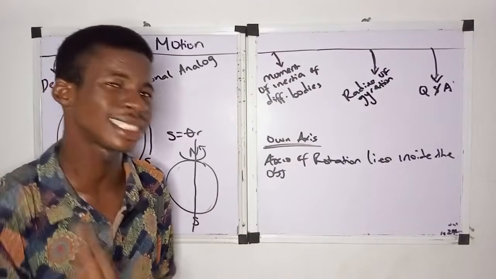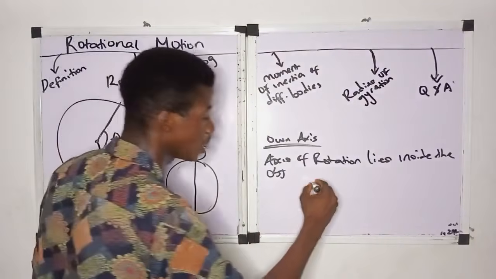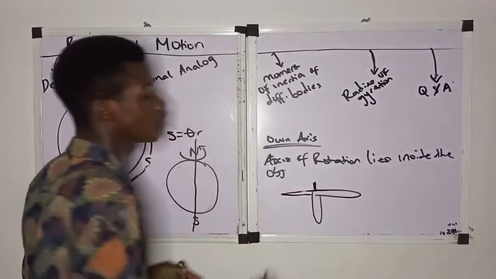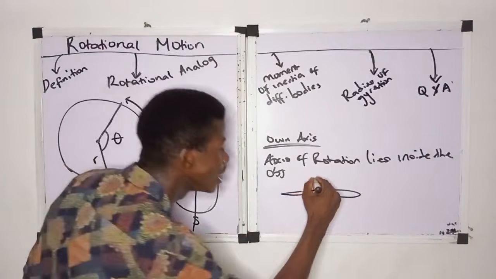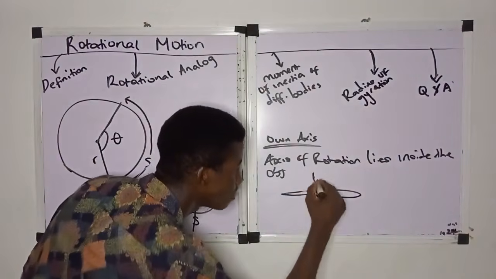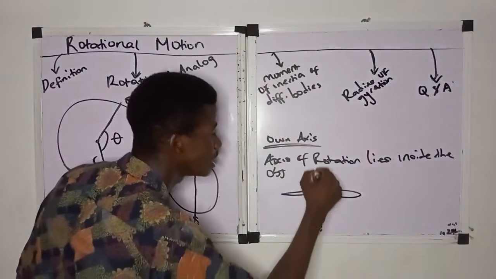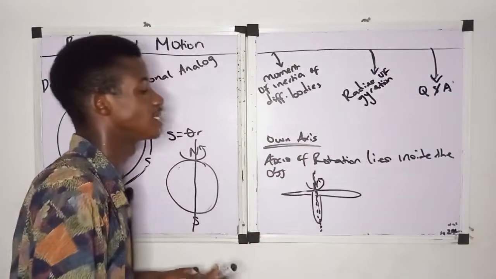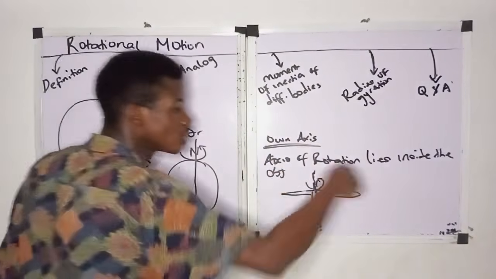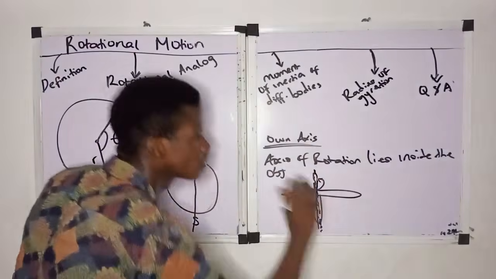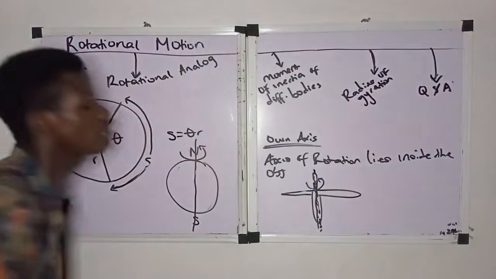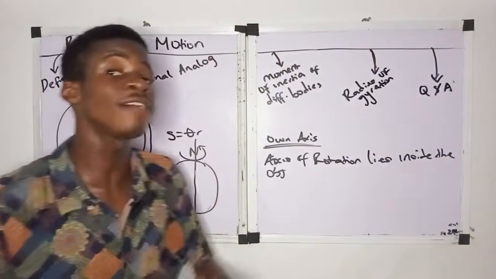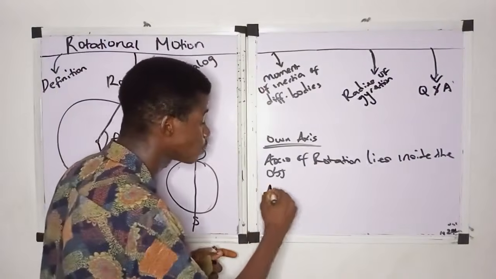Another example is a ceiling fan. Let's say this is 3 blades of a ceiling fan. Then this is an imaginary line, which is the axis. So the ceiling fan rotates around this axis. If you look at it, the axis of rotation lies inside the object. So that's rotational motion. Then for circular motion, the axis of rotation